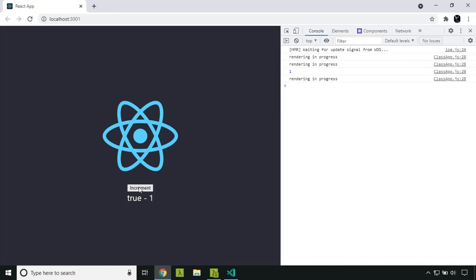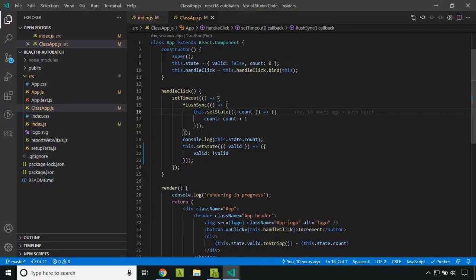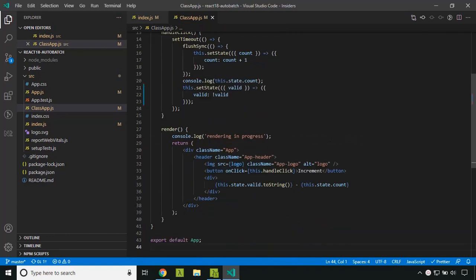Now if you try it, you can see that the render is forcefully called and the value is updated in the console. This is the way you can forcefully execute the render, and once it is rendered, you can access the new value. Hope you are able to get a better understanding of the automatic batching of rendering that has been introduced in React 18.